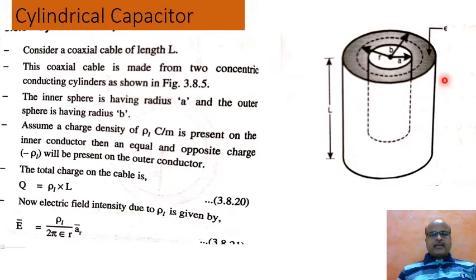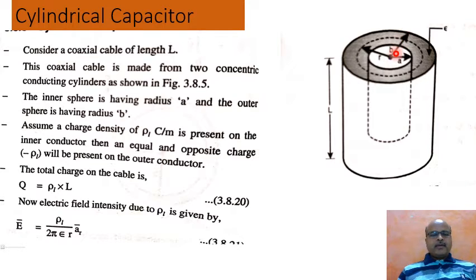For the cylindrical capacitor, we have to consider a coaxial cable of length L. This coaxial cable is made up of two concentric conducting cylinders: the inner cylinder as shown here, and this is the outer. The inner cylinder has a radius a and the outer cylinder has a radius b. So this is r equal to a, and the outer cylinder radius is r